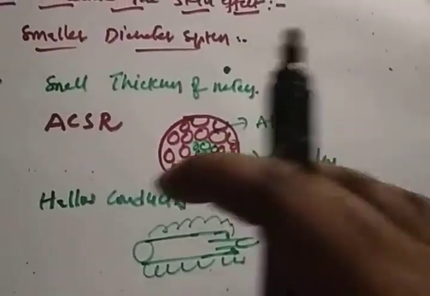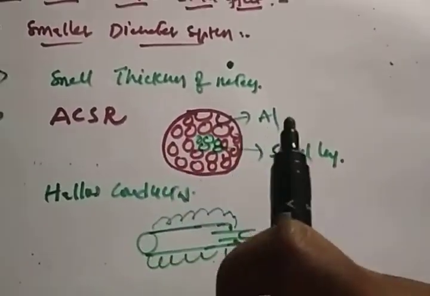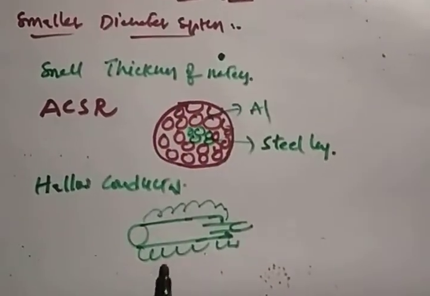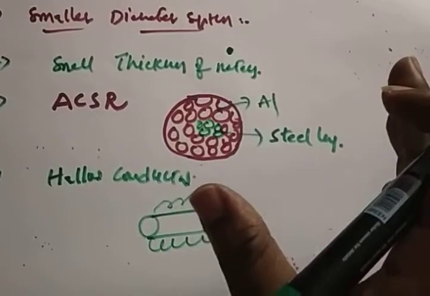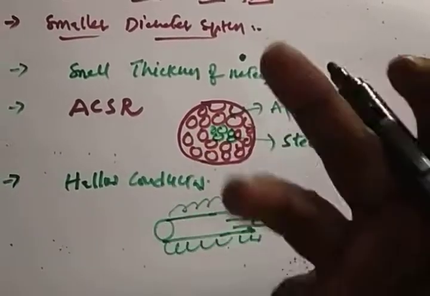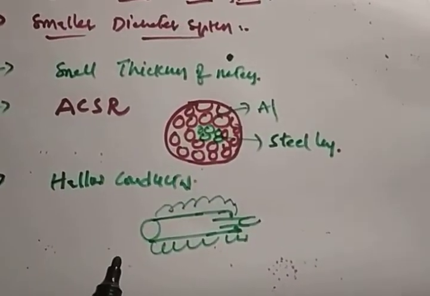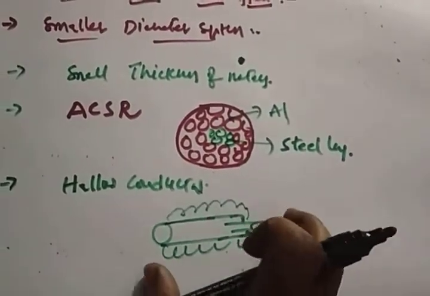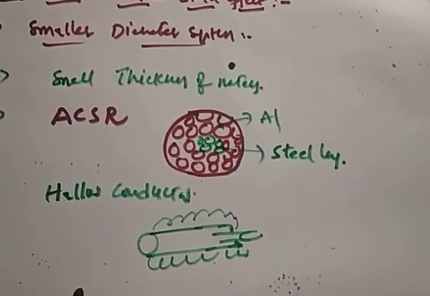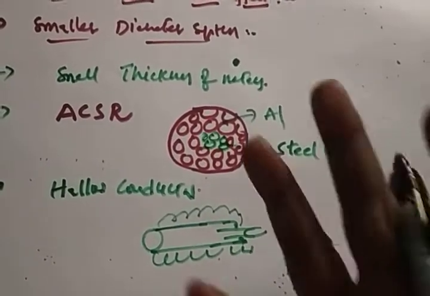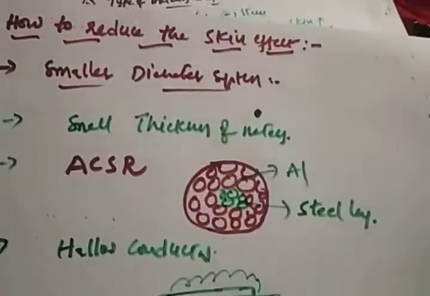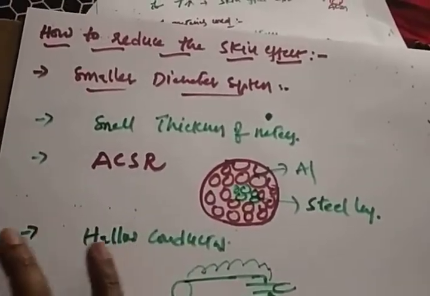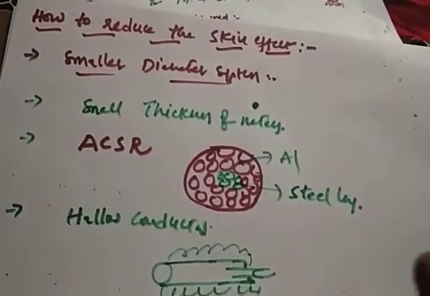If you use this type of conductors, definitely we can reduce the skin effect on the system. Because trains use very high voltages, right? We need to reduce this type of skin effect, so that's why we use halo type conductors in trains and all these things, right? So these are the methods to reduce the skin effect present in a transmission system, right?